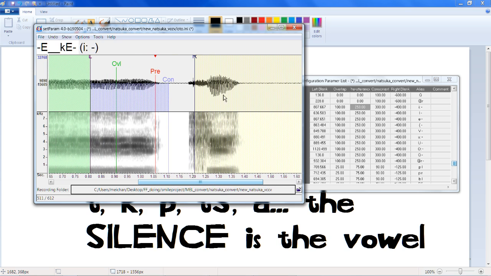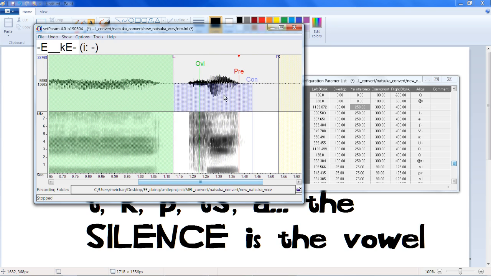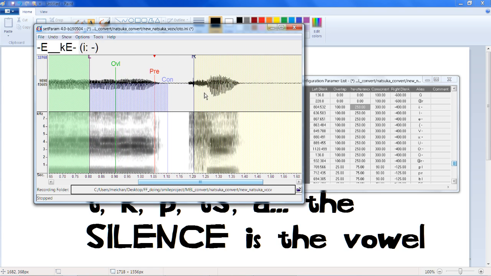And I dislike this. I dislike this so much. Okay, so you can't do this. Okay, this is a bad example because when you record MEL as MEL is, it says to go E, and some people will go E, and some people will go E, but you're never supposed to go E key. But there is silence. It won't be the correct, but basically you just want this pre-utterance to be at the end of the vowel, which is the consonant, and just have this right here.